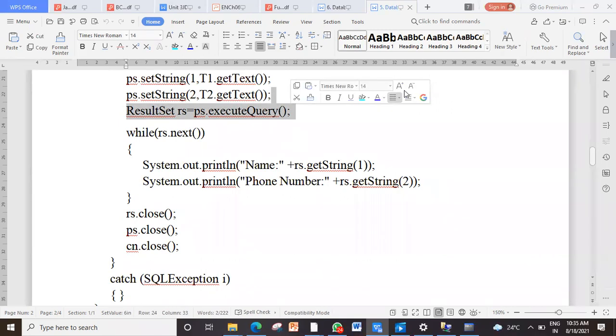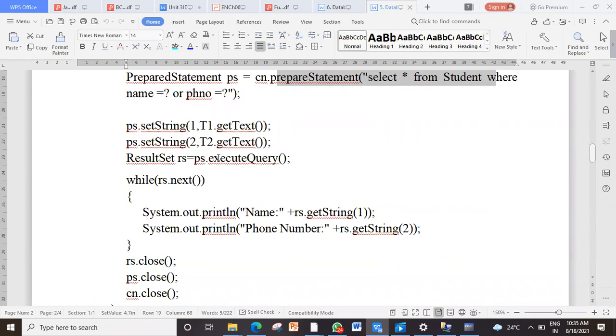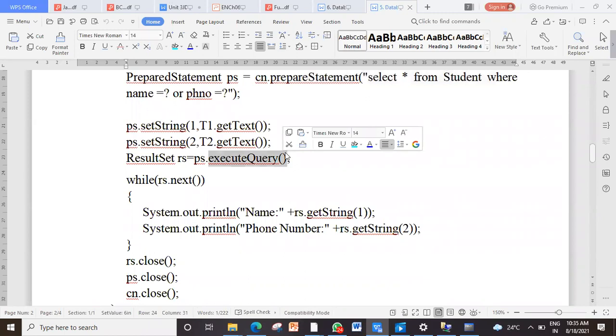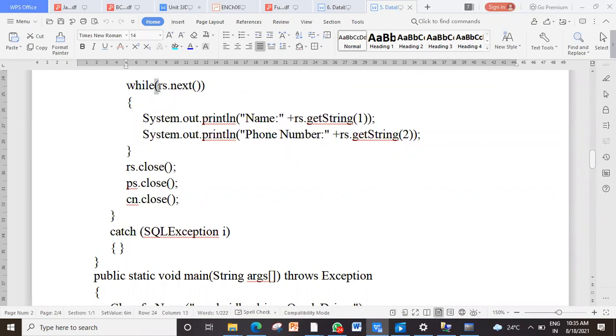But in case of prepared statement, we prepare it with the statement. That's why it is called pre-compiled. And here, at the time of execute, I just say execute query. That query is already supplied. Only parameters I'll pass later. Once I execute, I get the result set. Then the next process remains the same.